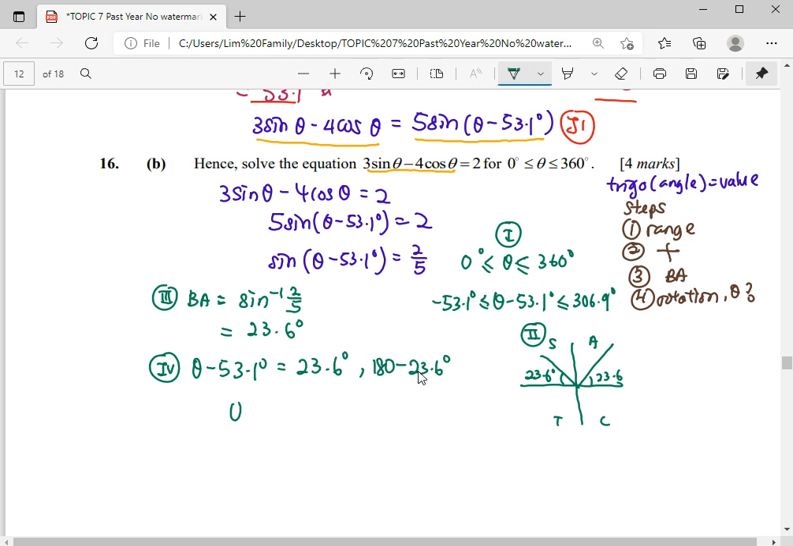So our final step will be to simplify our data. We will add up 53.1. This one we will do 180 minus 23.6 and add 53.1. So this will give us